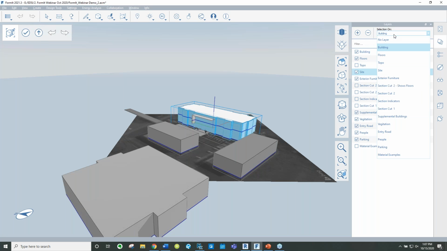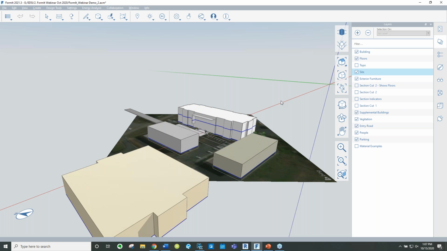I must have hid my information that I'm looking for. But the categories that you have within FormIt are mass, casework, entourage, furniture, generic models, parking, site, and specialty equipment. So that's kind of how you would categorize your building and how they would be modeled. Typically, we'd recommend the buildings be mass, and then of course, any supplemental information would be